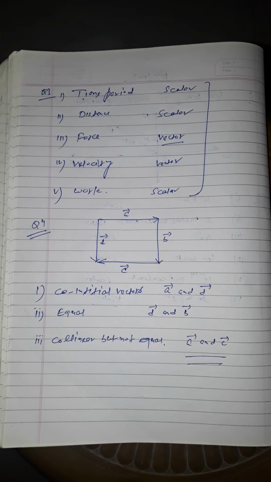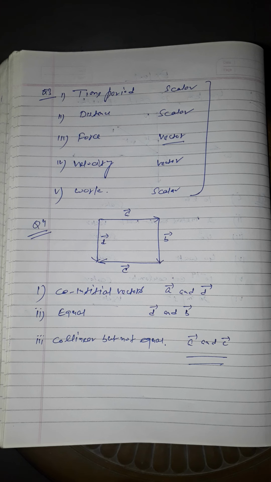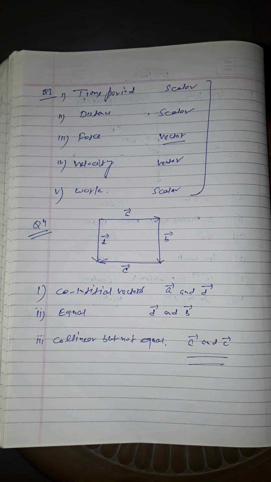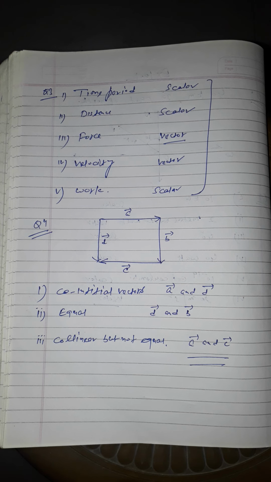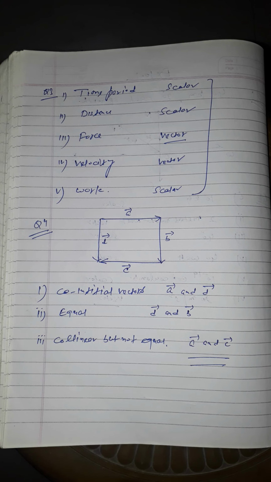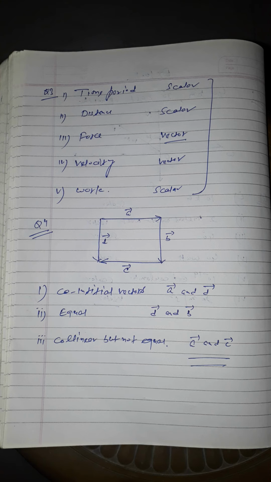And the next question is, answer the following, true or false. The first is: vector A and vector minus A are collinear. Here we have to say yes, this is true, students. Second, two collinear vectors are always equal in magnitude. No, this is false. Next, zero vector is unique. This is false. Fourth, two vectors having the same magnitude are collinear. This is false. Two collinear vectors having the same magnitude are equal. This is also false, students.